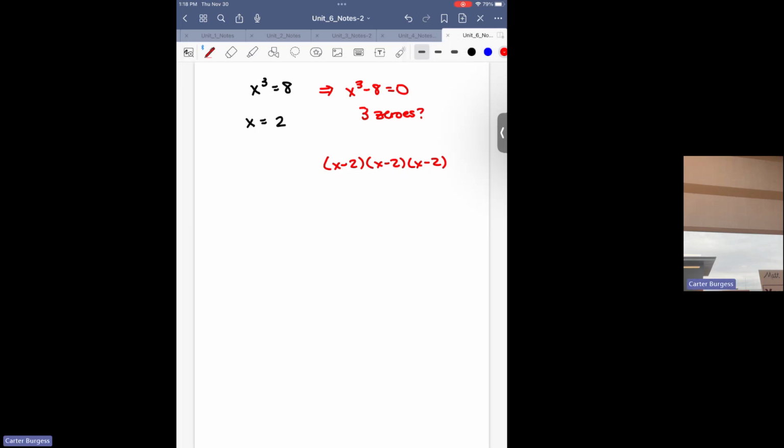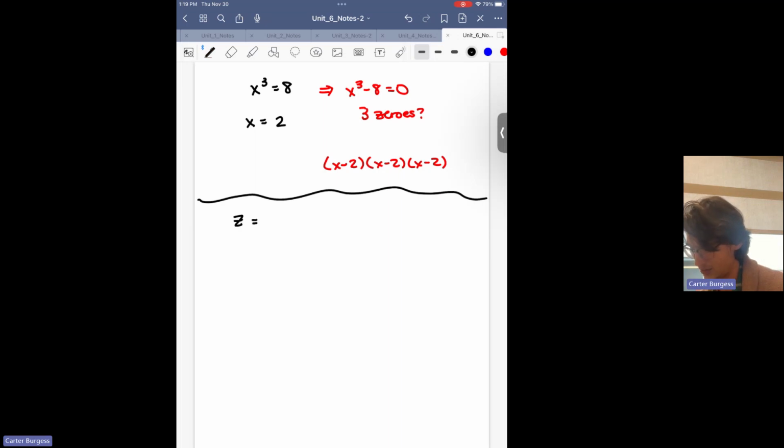All right, first and foremost, in order to use DeMoivre's, we need to take our number that we are considering. In this case, we're thinking about 8. And we need to rewrite 8 as a complex number. So how can I write 8 in the form of a plus bi? What is going to be the value of a? What is going to be the value of b? Yeah, this is going to be 8 plus